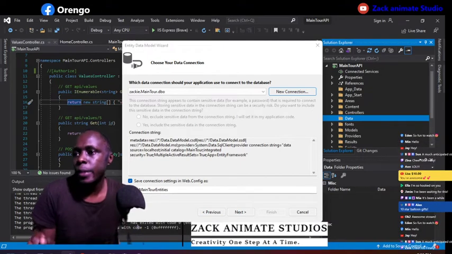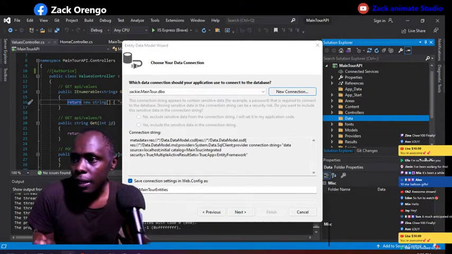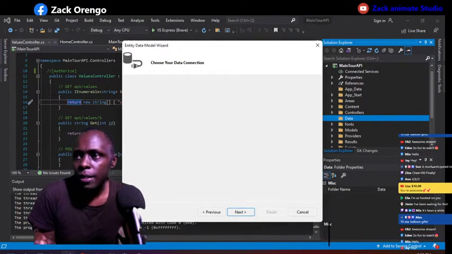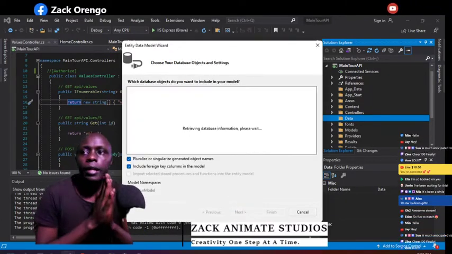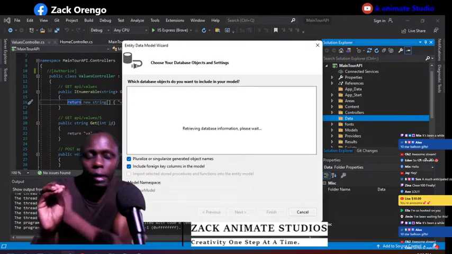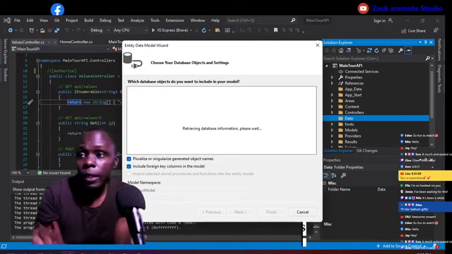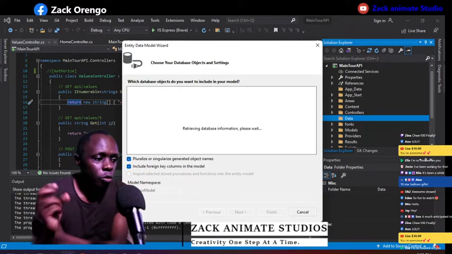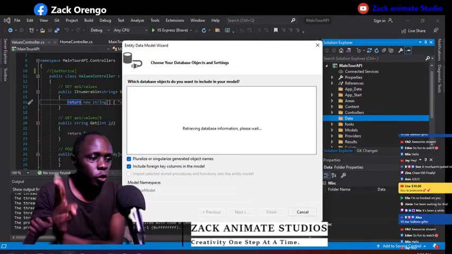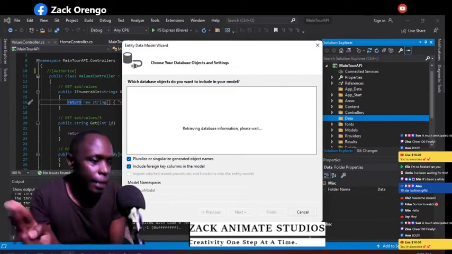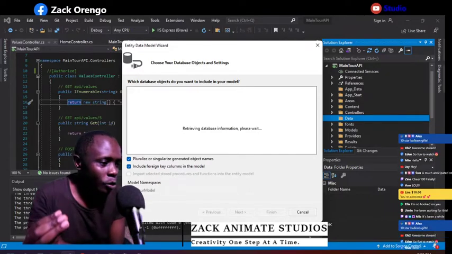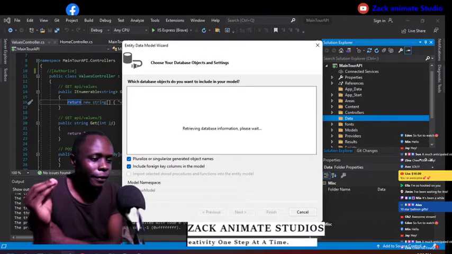So you can save it like that, because I'm going to save it in the config, and at the same time we are going to create... We have just saved it in the web config file for now. We are also going to have two connection strings. I'm going to show you how to use this with Entity Framework. At the same time, we are going to use another connection string as